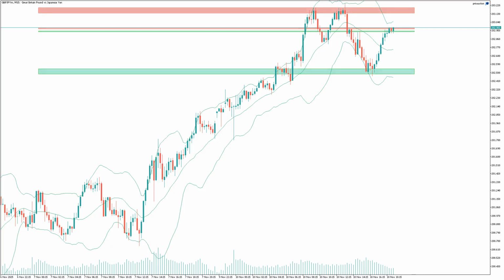Today, we're diving deep into the exciting world of GBPJPY, bringing you insights and potential trading opportunities on both the 15-minute and 1-minute timeframes. If you're looking to stay ahead of the market and sharpen your trading strategy, you've come